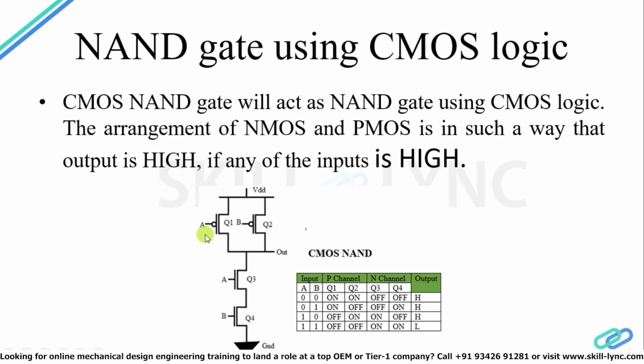Now the last case, when A equal to 1 and B equal to 1. Now both are 1, which means this upper portion will not work. Why will it not work? Because it is PMOS and PMOS requires gate voltage equal to 0, but you are giving 1. So what will work? The lower portion, that is Q3 and Q4 are on and the series path is completed. It is connected to ground, so the output is low. So this is the function of a NAND gate using CMOS logic. It is exactly the same thing that we do in the case of logic gates. Okay, so it's all about the CMOS NAND gate.